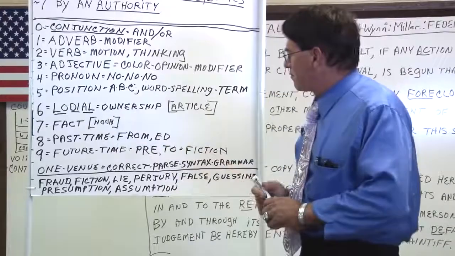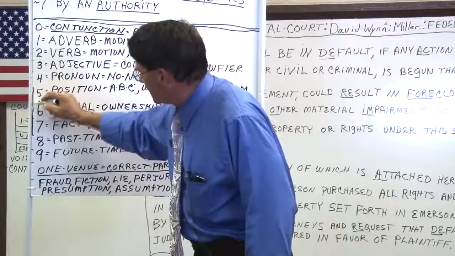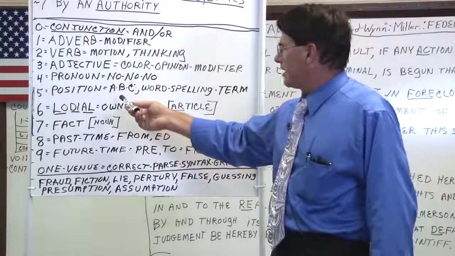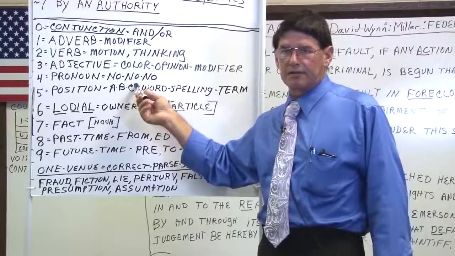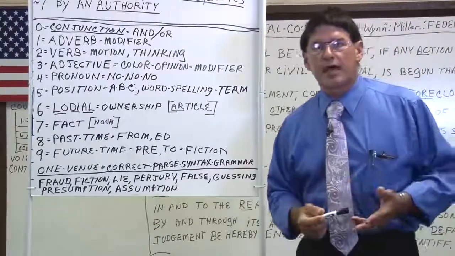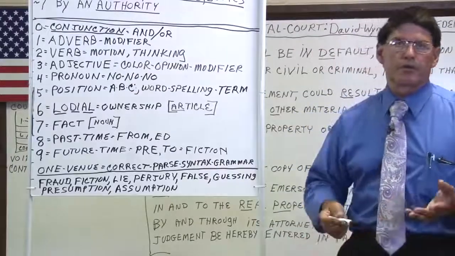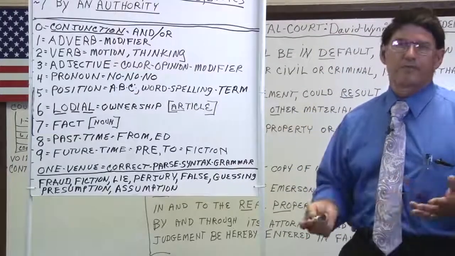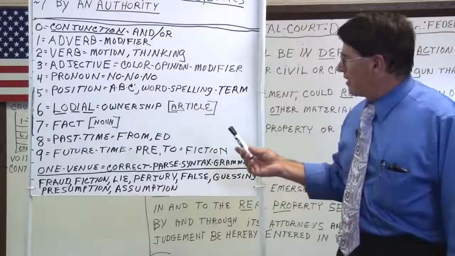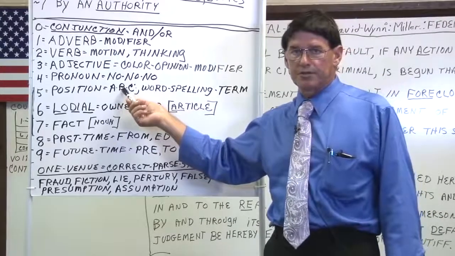Now, in the presentation of these numbers, the positional fact, which is 5, 6, and 7. The position of a word identifies using the ABC alphabet. Now, this is between two individuals when they come together. They have to agree on what alphabet they're going to use. If we were in China, we'd be using the Chinese alphabet. If we were in Russia, we'd be using the Russian alphabet. Or in France or Germany, or if we were in Arabic or Indian. So the communication skills have to be established as to what alphabet you're going to be using.